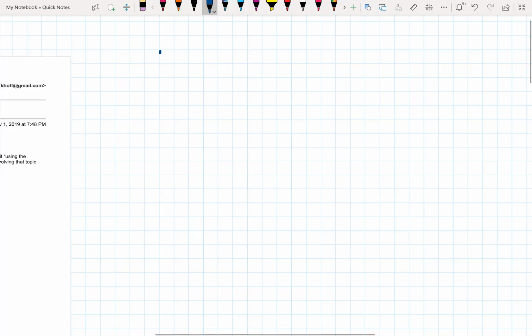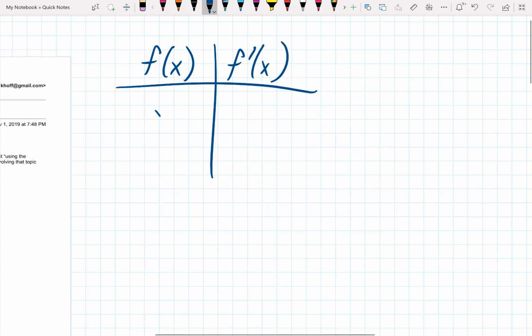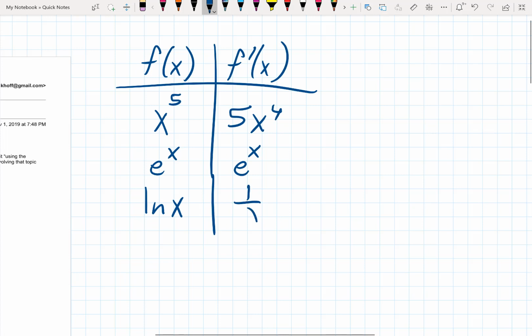Alright, so it looks like you learned some new functions and how to take their derivative. Previously, all you knew was to take something like x to the n, like x to the fifth, and you could say that's 5x to the fourth. Then you learned that the derivative of e to the x was awesome, it was e to the x. And then you learned that the derivative of the ln of x was 1 over x. And now you're learning trig functions, that the derivative of sine is cosine, and that the derivative of cosine is